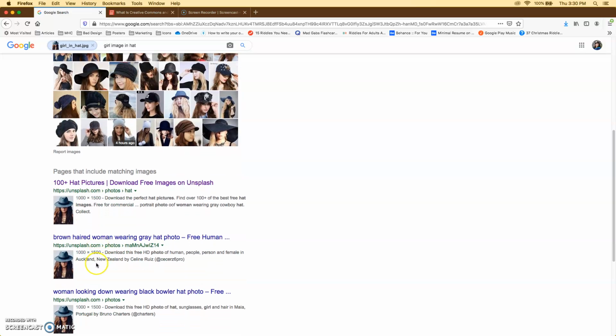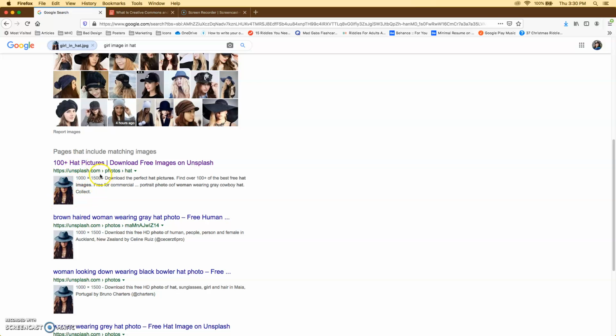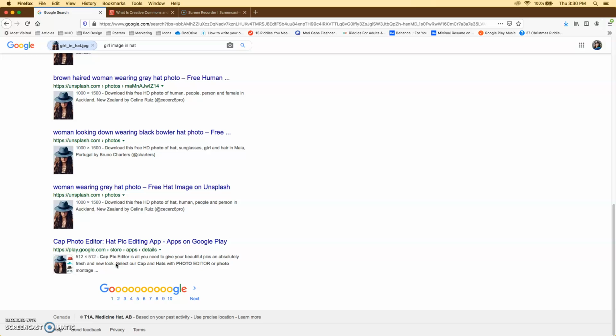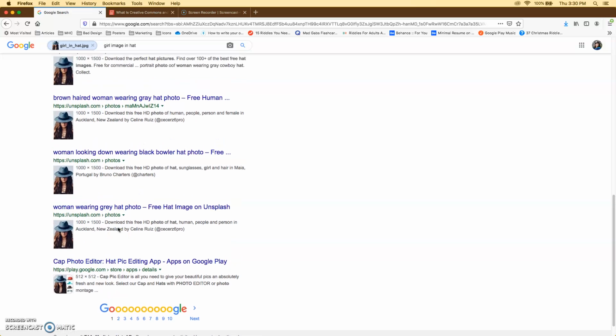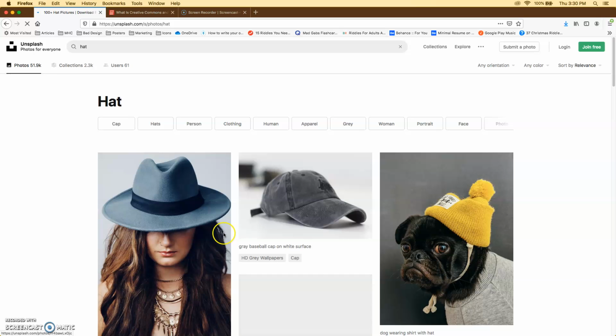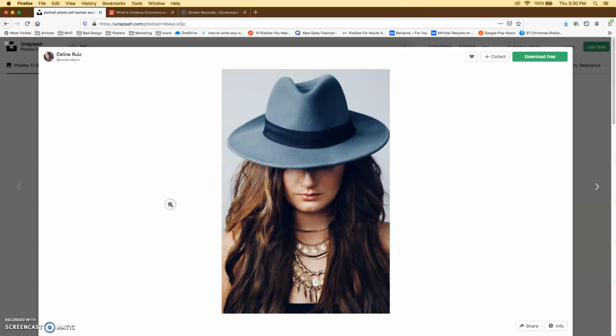So I'm looking here and I'm noticing that it's coming up with unsplash.com for a lot of them. And unsplash.com I already know is a Creative Commons image sharing site. So I can be fairly certain that this photo here is a Creative Commons image and I'm free to use it. I can also tell where it originally came from if I want to track down the license. There it is. There's the picture. And when the page finishes loading,